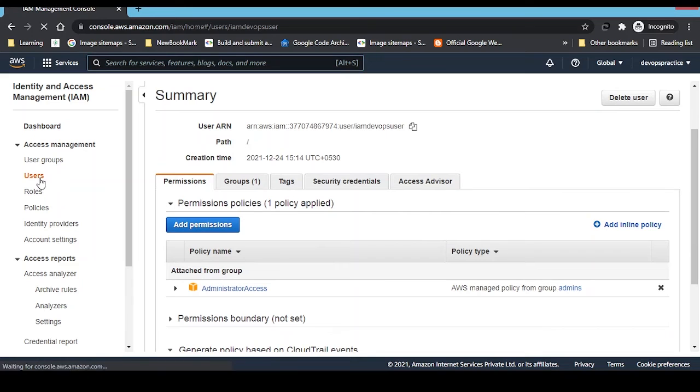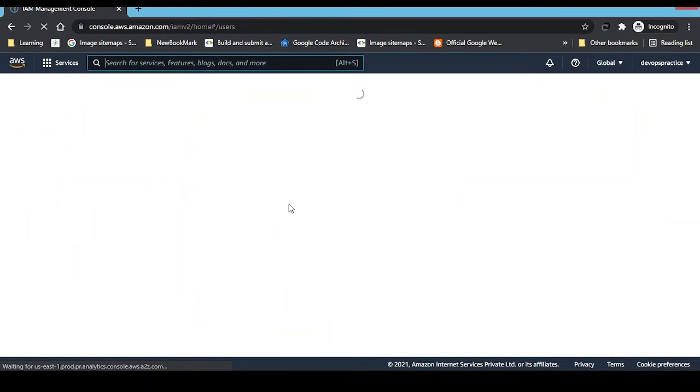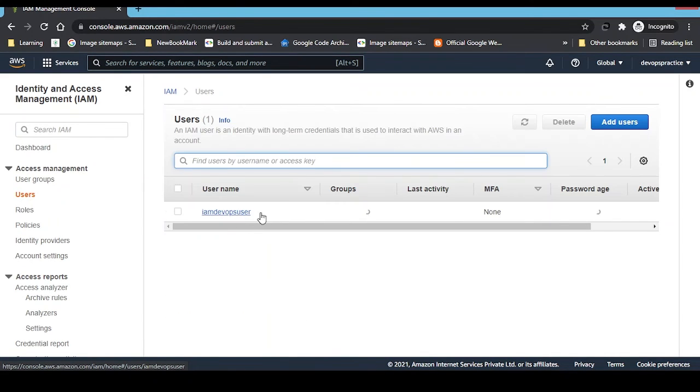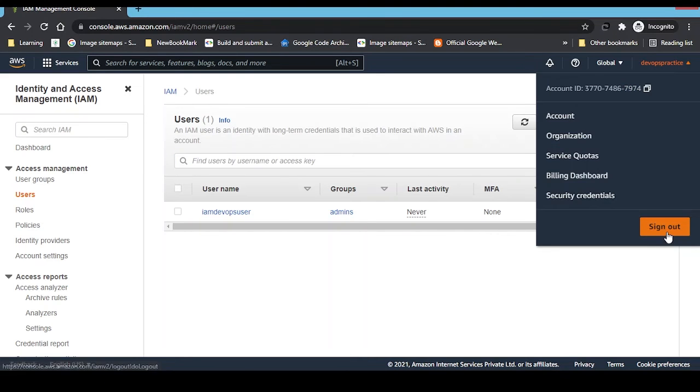I'll check this username, this IAM DevOps. Right now I'm logging out from my root user and I'm going to use this IAM user, and after login I am going to show you how you can differentiate between the root user and the IAM user. So I'll just log out.